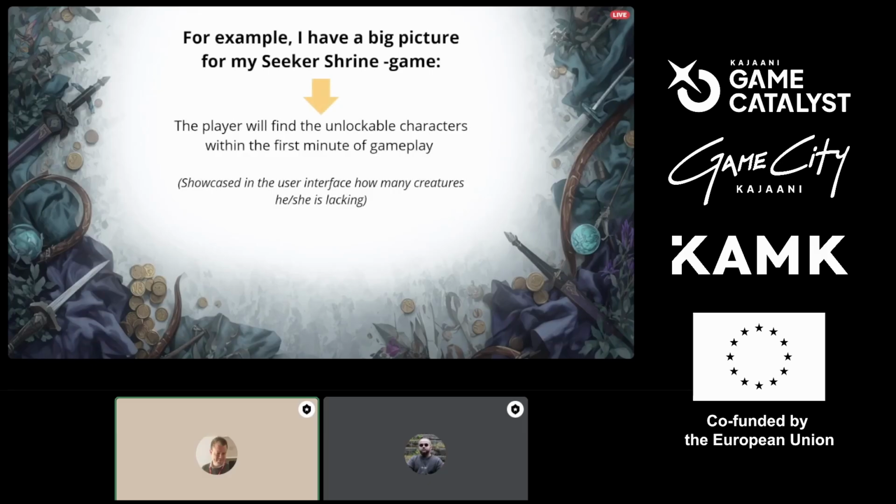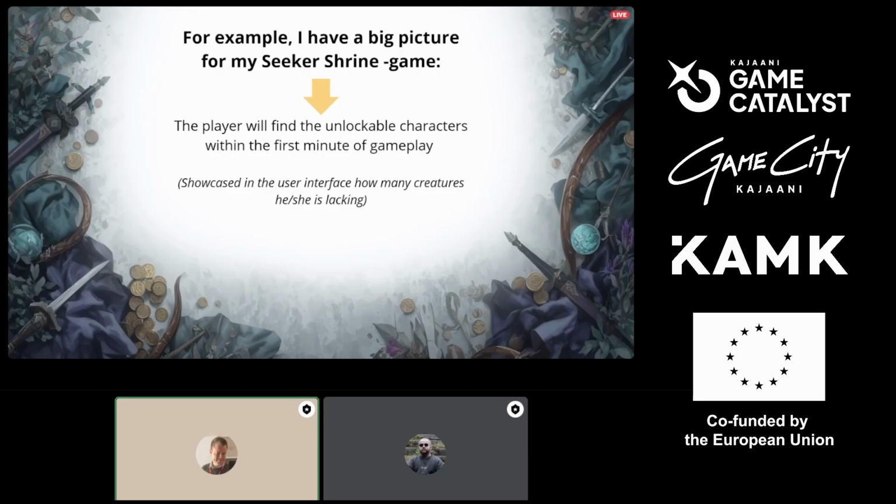The player will find the unlockable characters within the first minute of gameplay. That's very crucial. I need to show the player very fast that from here you can purchase different kinds of characters, and I should be able to showcase that there are a lot of different characters you can unlock.